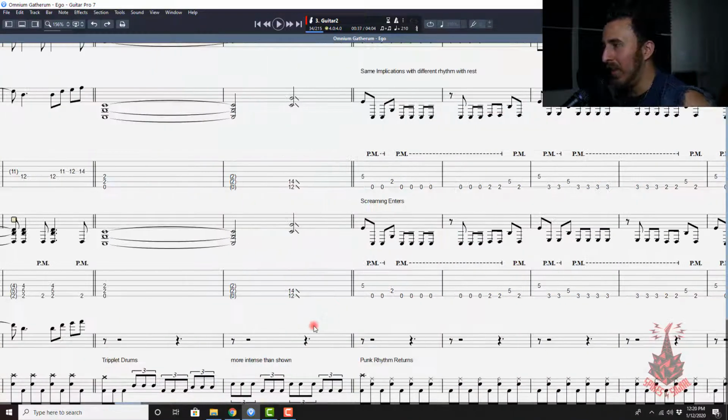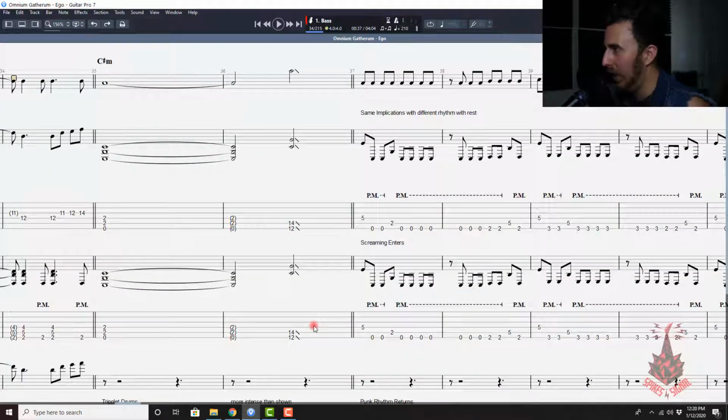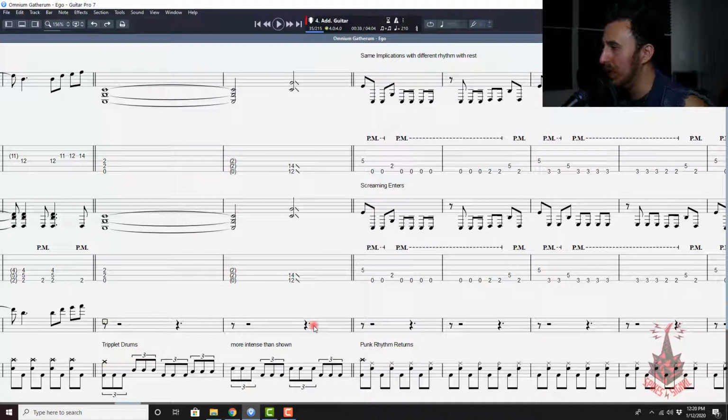Okay. So then they get into the transition point to the actual verse where Juga starts screaming. So what they do here is very, very simple. They hit the 1, they hit the C sharp. What makes it sound really cool to me, there might be a touch of whammy action going on there or something else, I'm not positive,